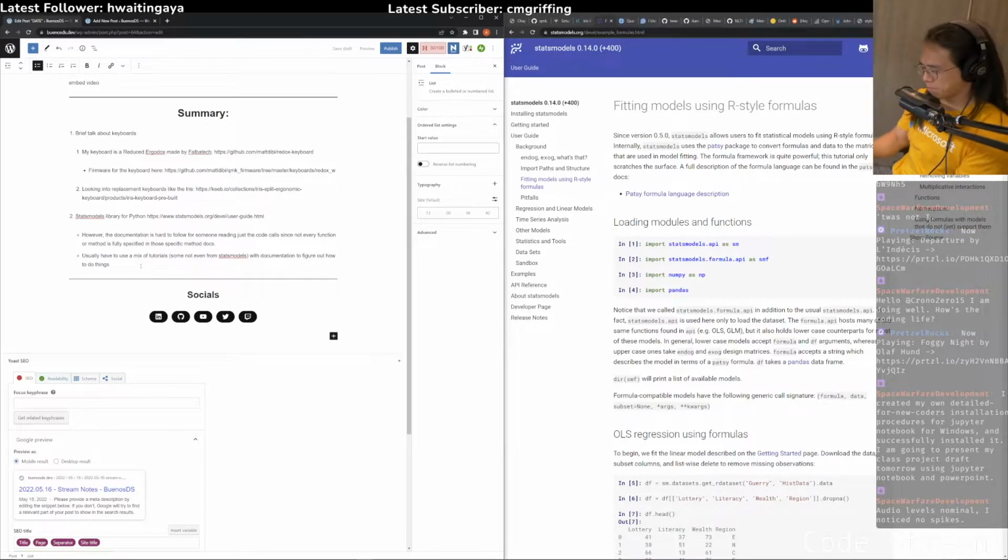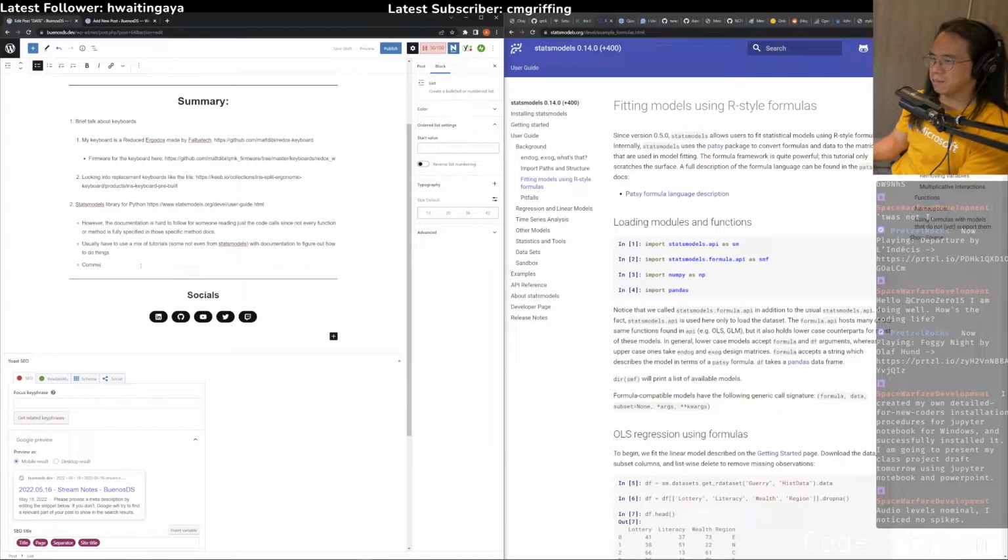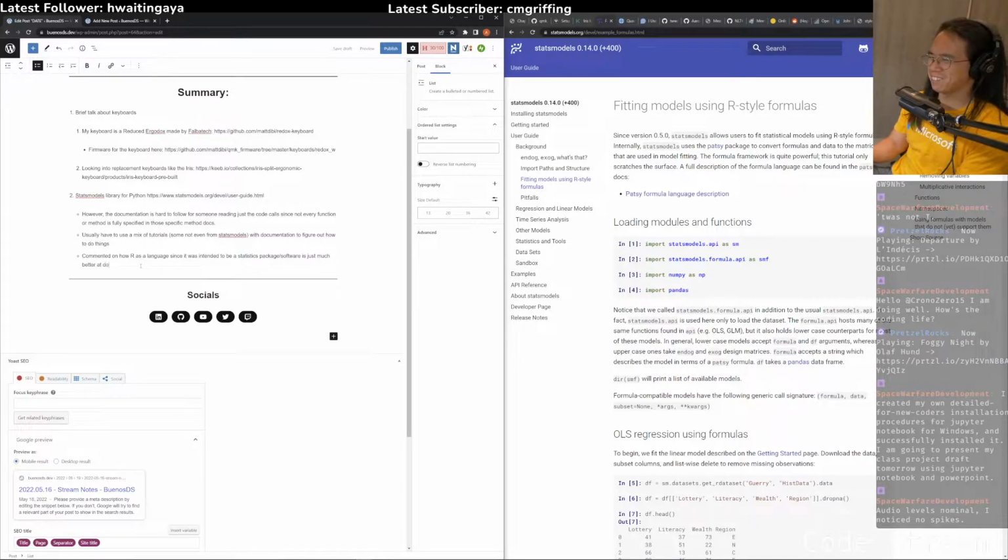Yeah. Let me see. Last time, the reason why we had statsmodels open was that we commented on how R as a language, since it was intended to be statistics software, is just much better at doing statistics. Statsmodels introduced a formula